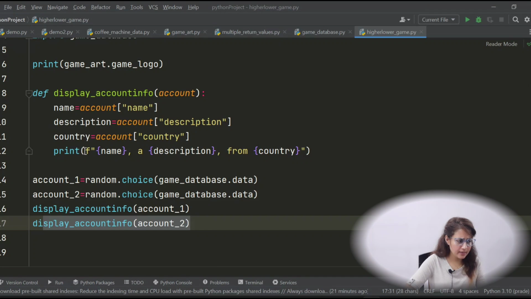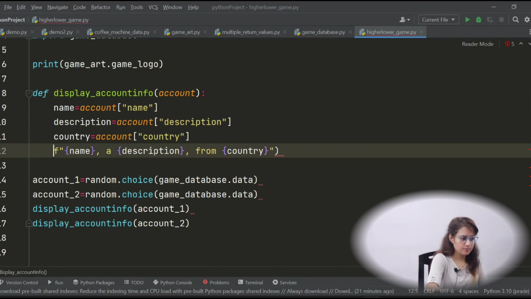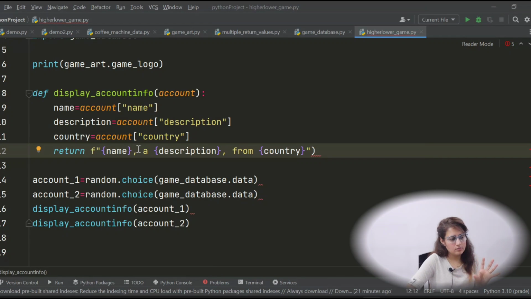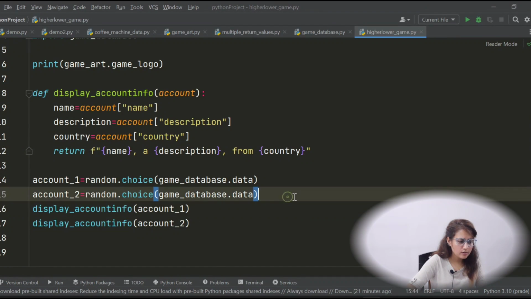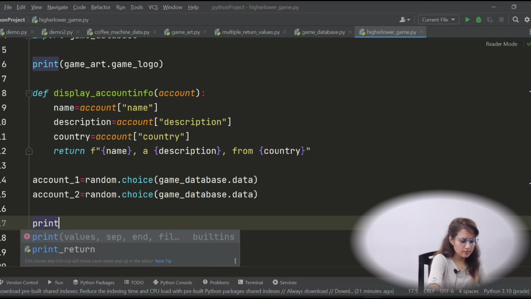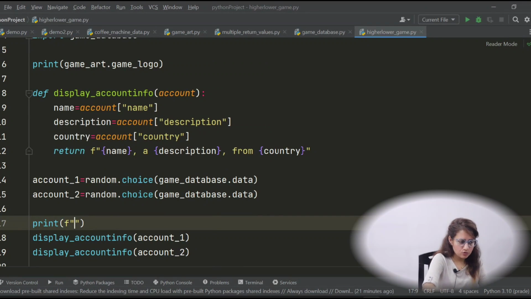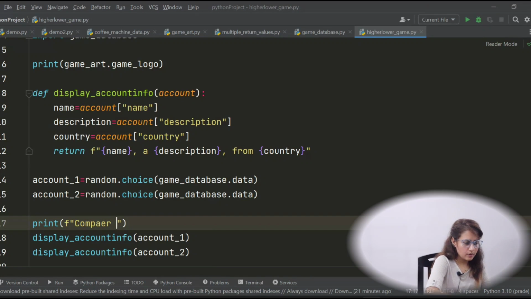But now Compare 1, Compare 2, this is also important, right? So rather than printing here, let's return this thing, because I also want to print Compare 1, Compare 2 like this. Obviously I cannot write print Compare 1, Compare 2 here. So let's return this, and here, in which format do you want to display? Print f-string, first write Compare